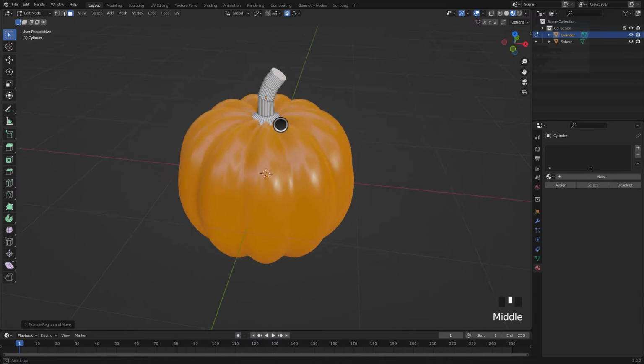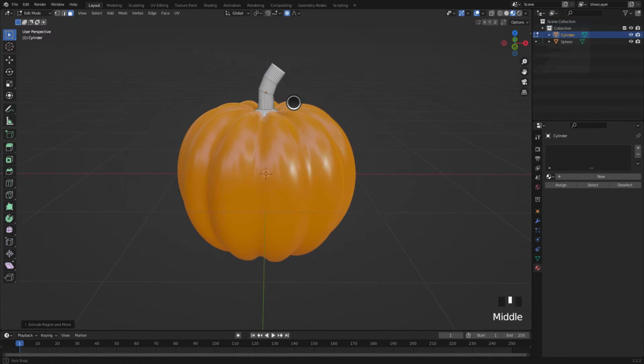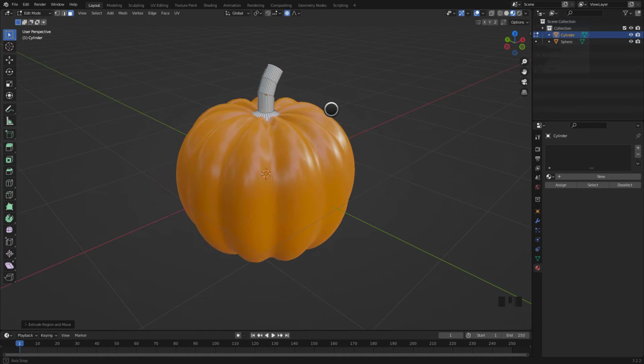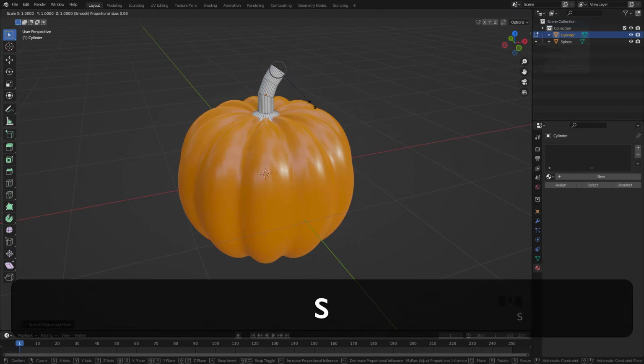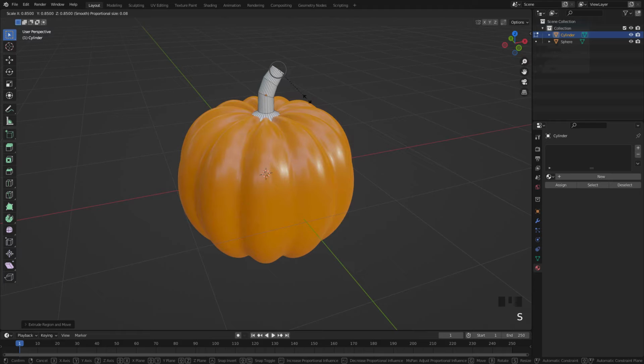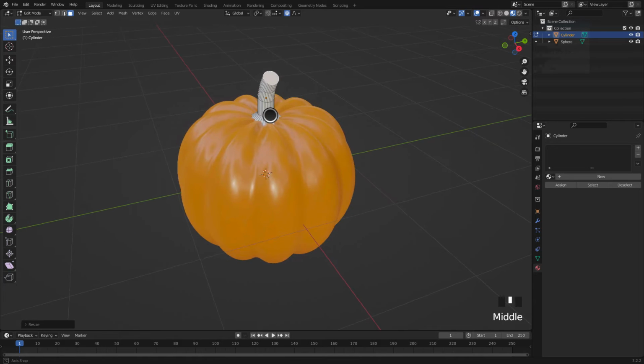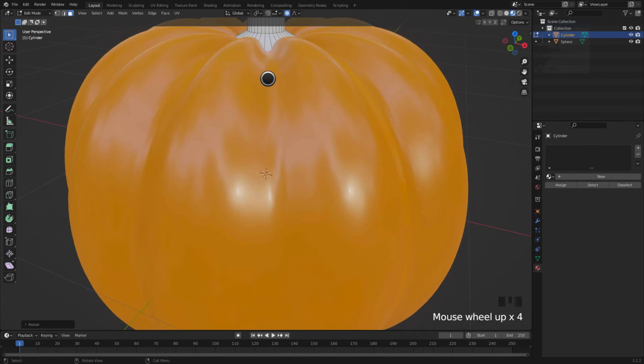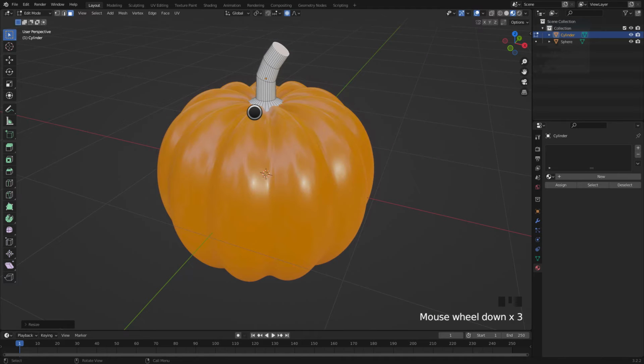That's fine. Now okay, scale it down. No, scroll up. Okay, and go to object mode again,